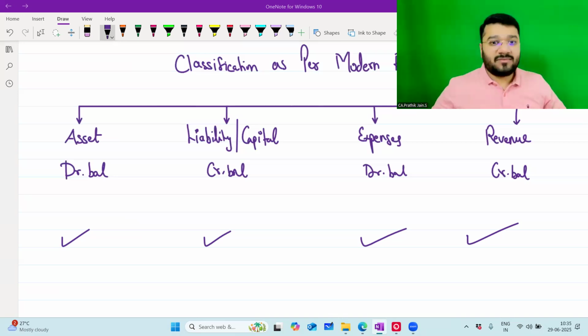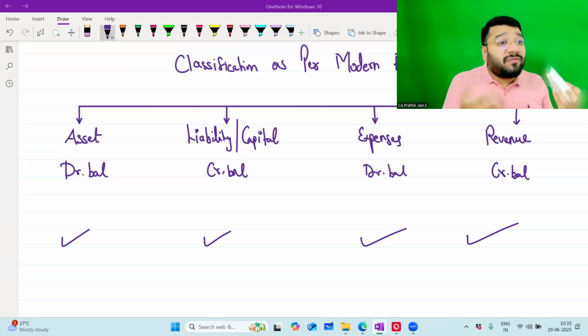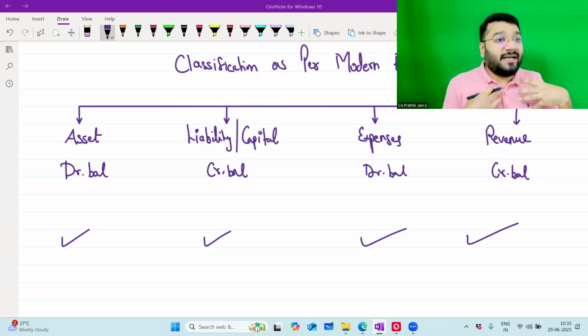Sales. Everything you put in asset means what should I put in income? Sales. I'm selling this remote. What do I get from this? Income. So sales, what do you get? Income. Interest received. Interest I get. I have surplus money. I gave it to the bank as a fixed deposit. The banker is giving me interest. It is income. Commission I'm receiving, income. Commission I'm paying, expense.